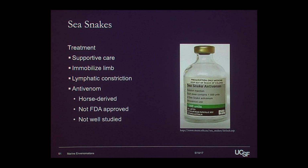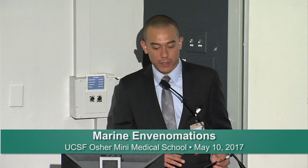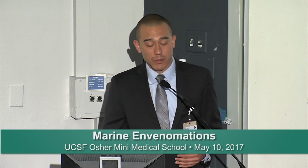Think of a tube sock. That amount of pressure that will just indent your skin ever so slightly, that's the amount of compression that we want on the extremity. So in the field, if you're out there diving with friends, that's the type of pressure we want on the extremity. So immobilize it, put this lymphatic constrictor on, and again, once you get to a hospital,